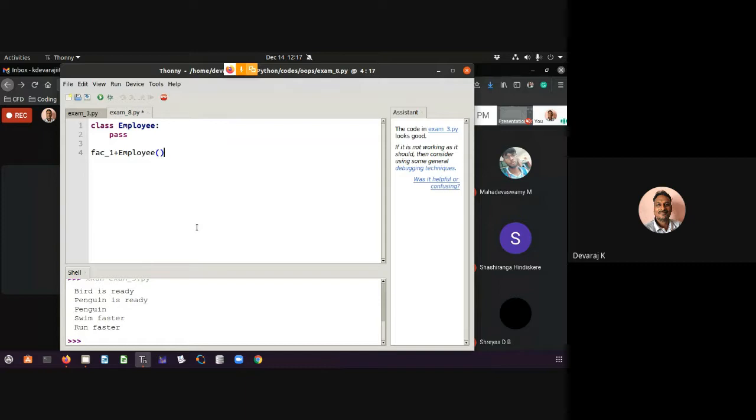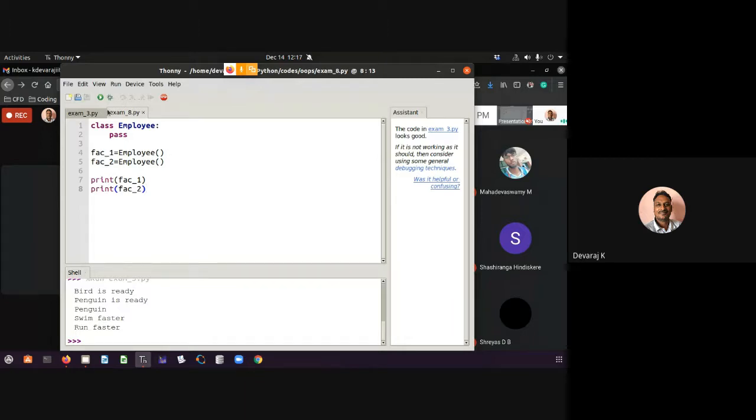Now let me print faculty 1, then print faculty 2. I'm just trying to check whether these are unique or not.